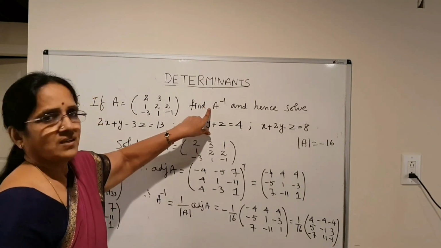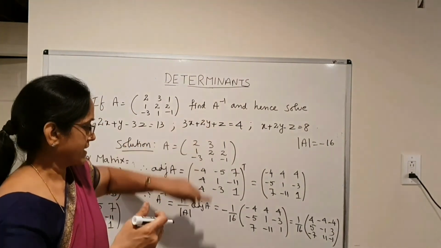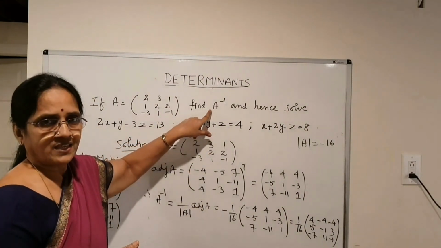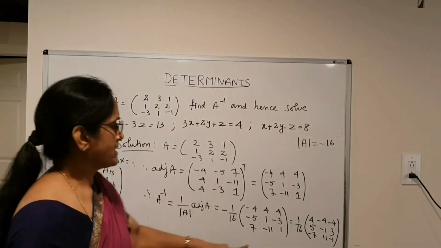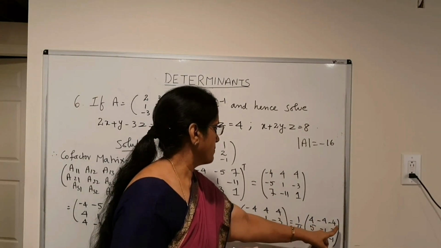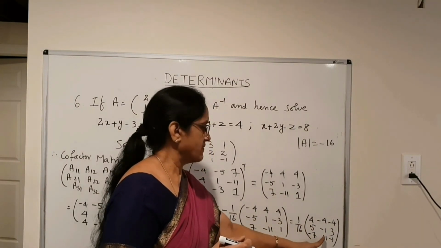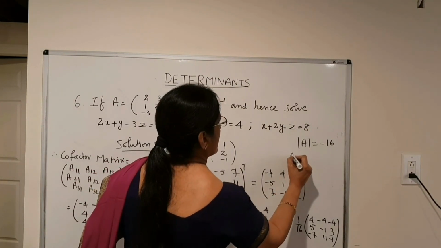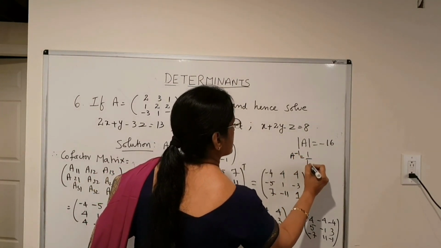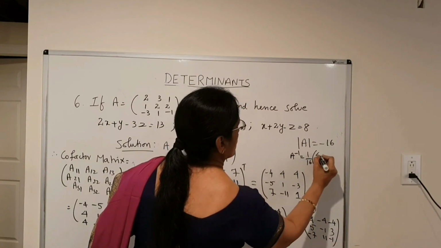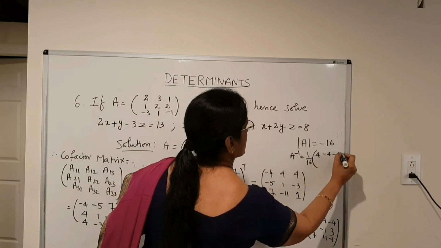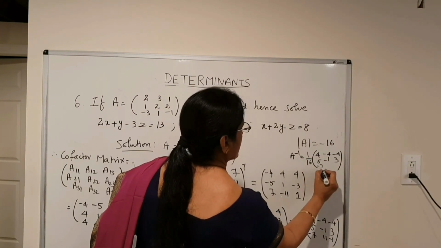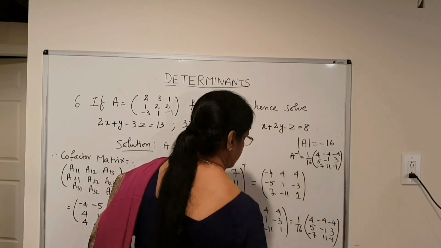I found out the first part. I completed the first part of the given question. I have found the value of A inverse, which is nothing but the matrix 1 by 16 of 4, minus 4, minus 4, 5, minus 1, 3, minus 7, 11, minus 1. Okay. Let me write that here and keep it. A inverse is equal to 1 by 16 of the matrix 4, minus 4, minus 4, 5, minus 1, 3, minus 7, 11, minus 1.